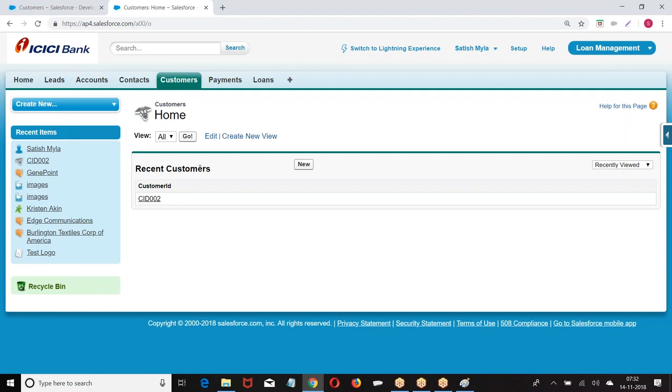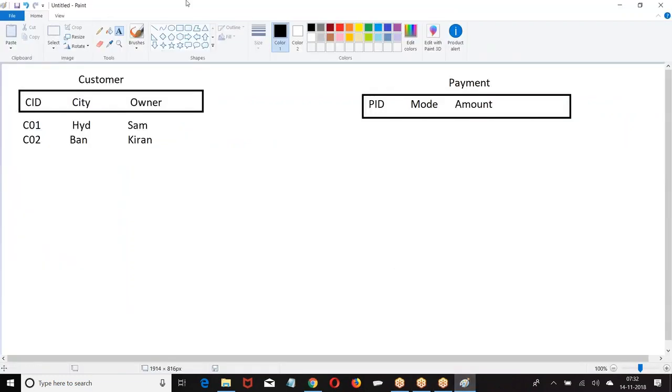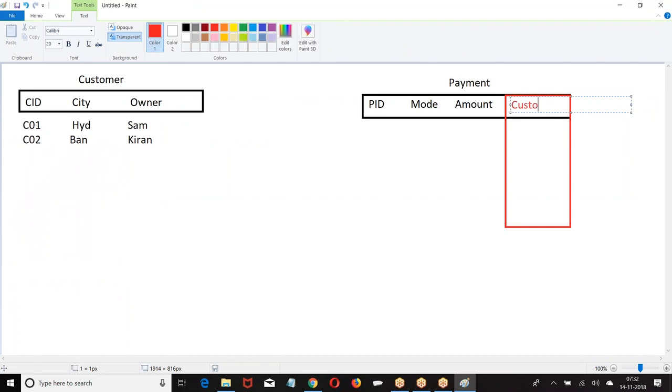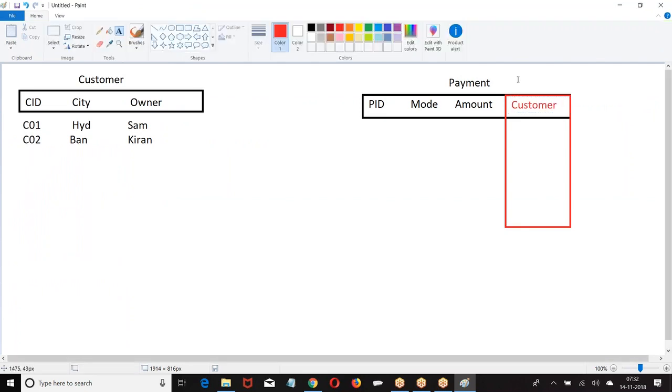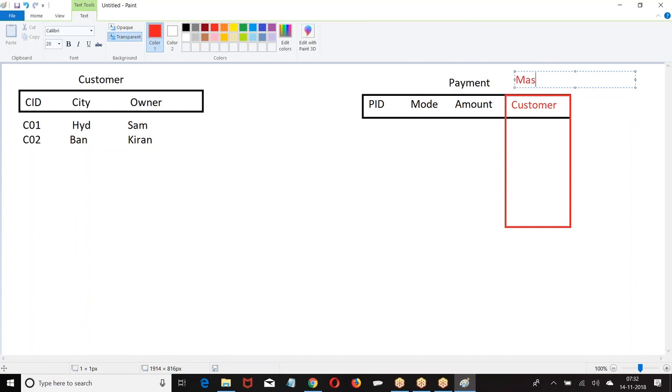Okay. Now, fourth point. Master detail, I have created a field. Now, this field is a required field.